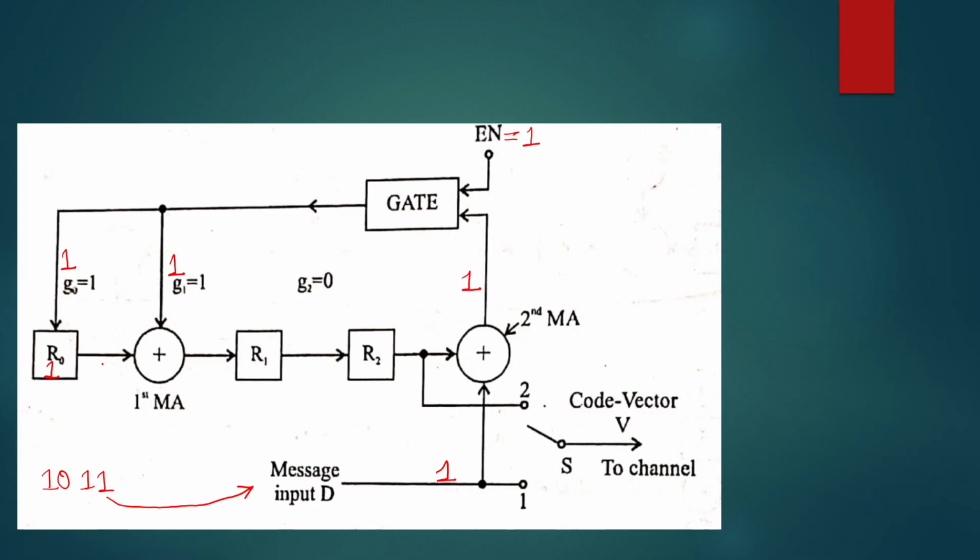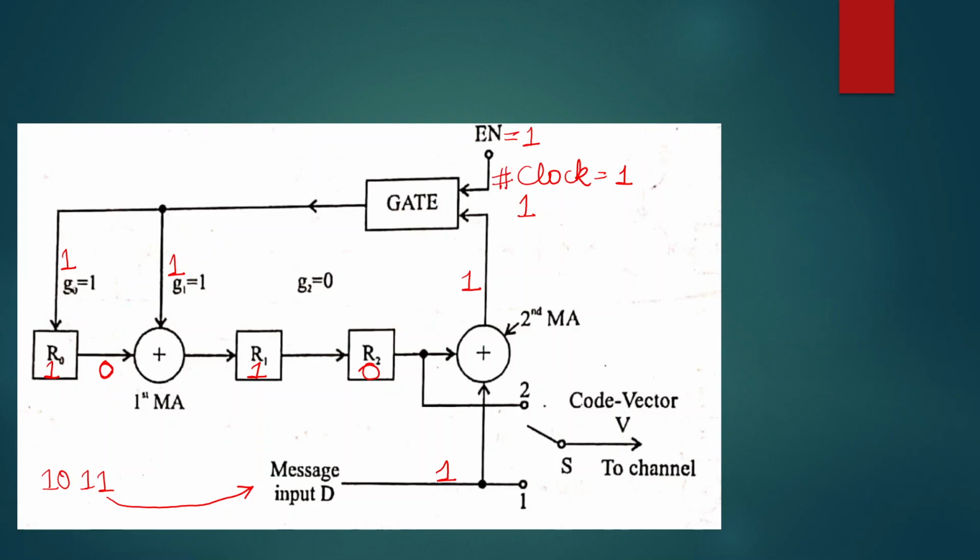So whatever the previous one was there, that is 0, it comes out of the shift register. 0 gets added with 1, so 1 gets passed over here. Then the 0 that was previously over here gets pushed to R2. So what is now the contents of the shift register? It is 110.